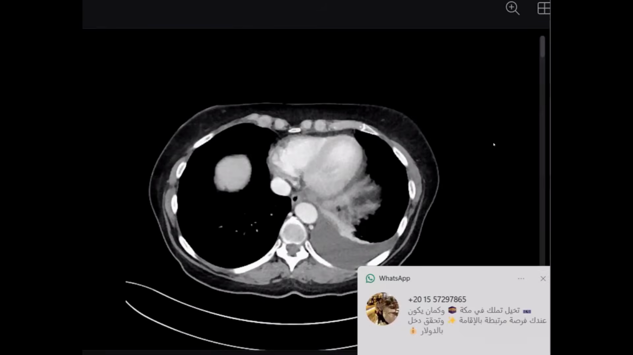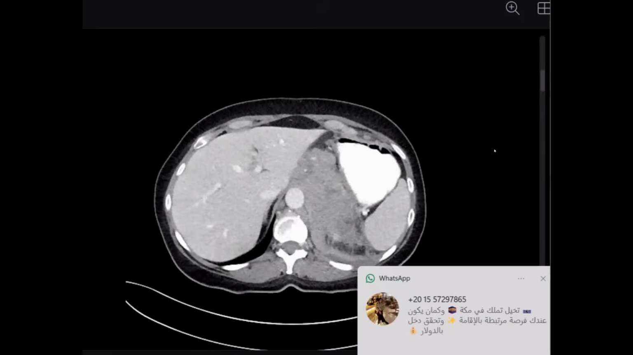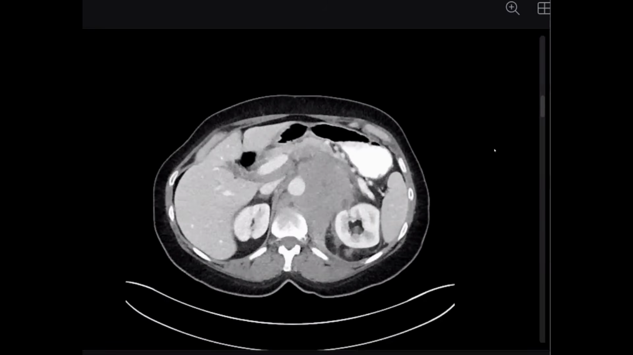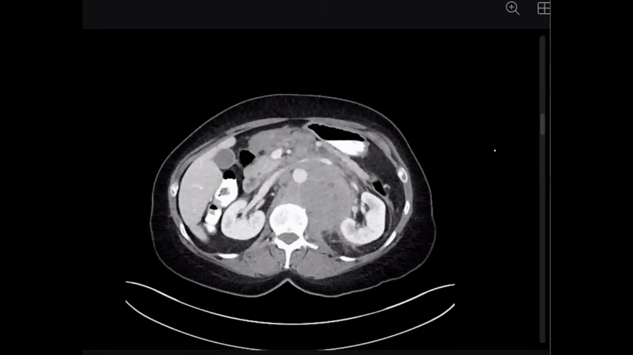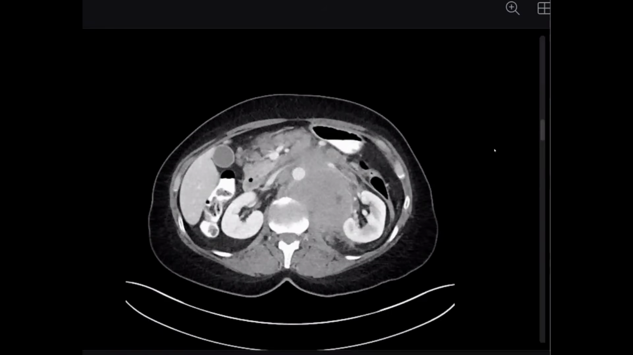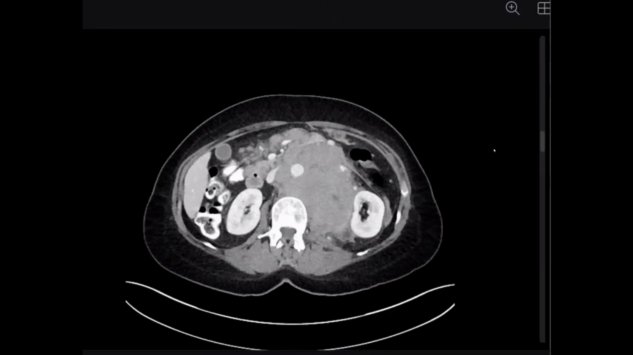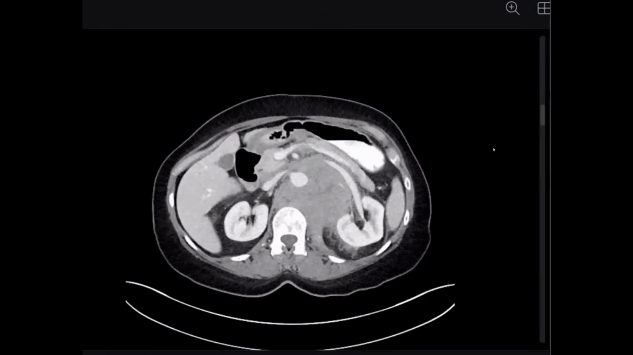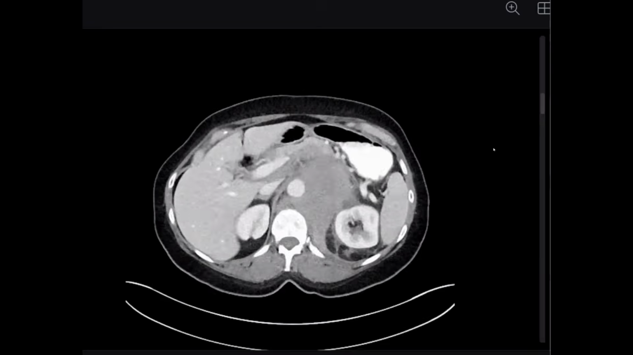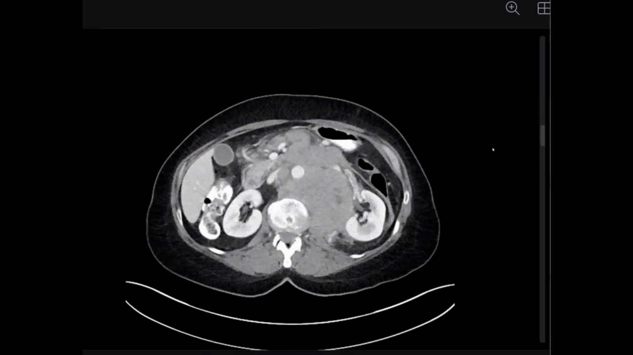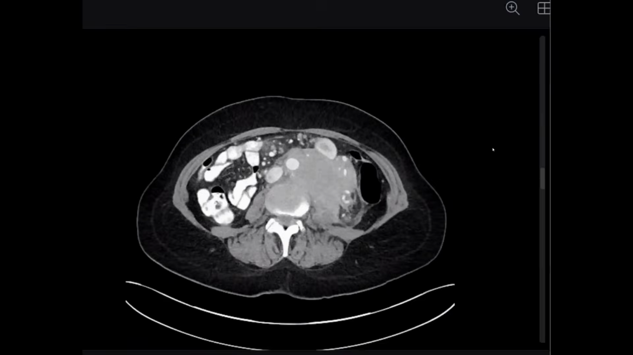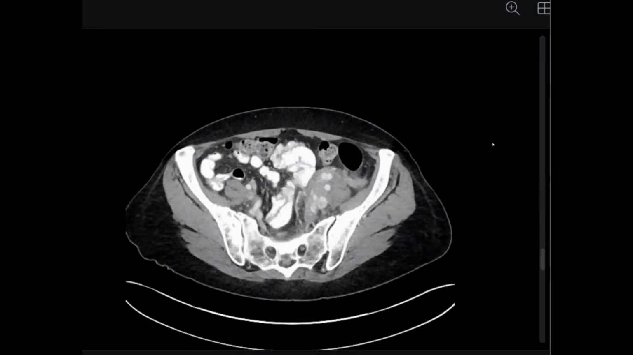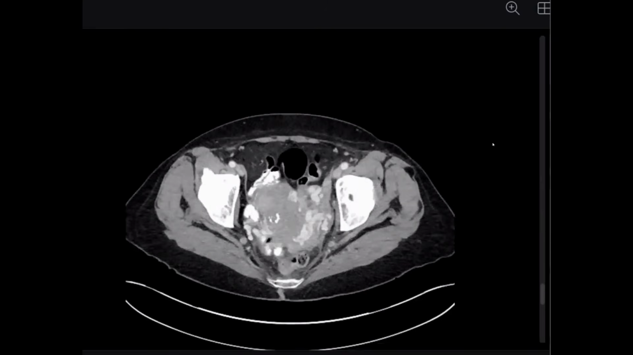Okay, so there is a left-sided pleural effusion with vessel consolidation. There is a large soft tissue density in the retroperitoneal region, which is displacing the aorta anteriorly. Yes, and there's soft tissue also encasing the vessels like the renal arteries, and also around the aorta. Going down, this soft tissue density extends up to the pelvis and also involves the right-sided pelvic